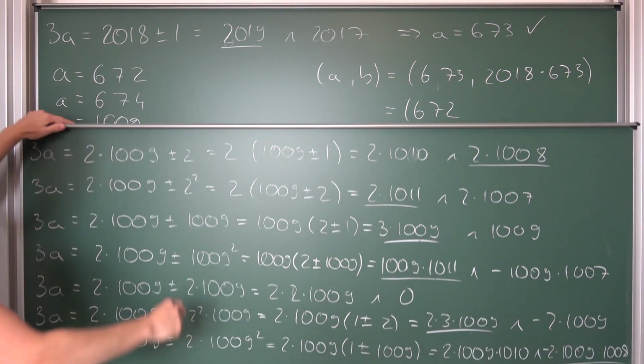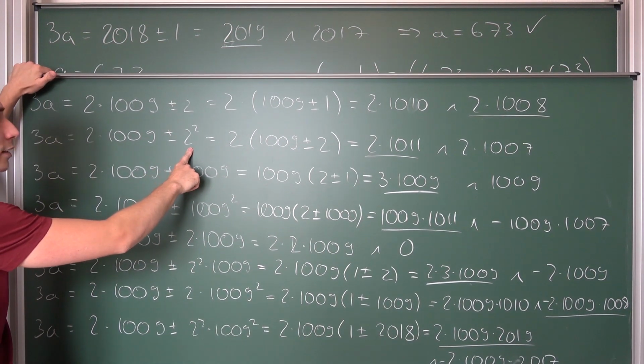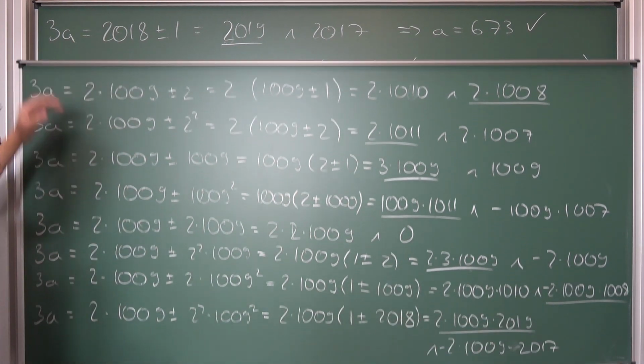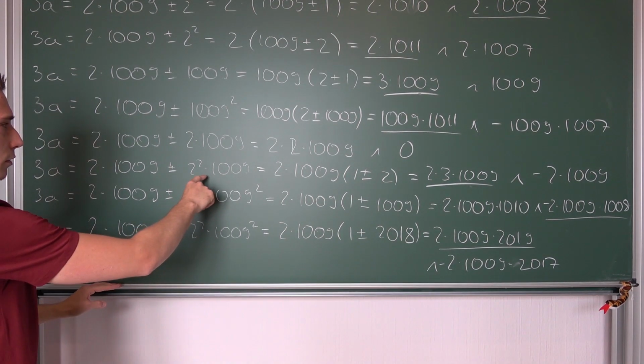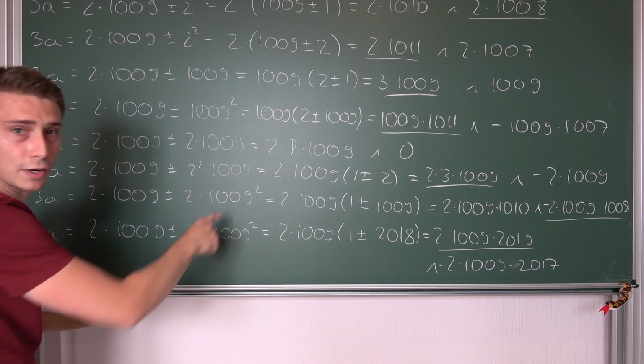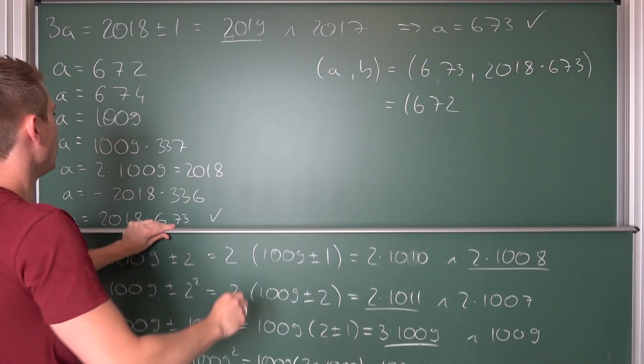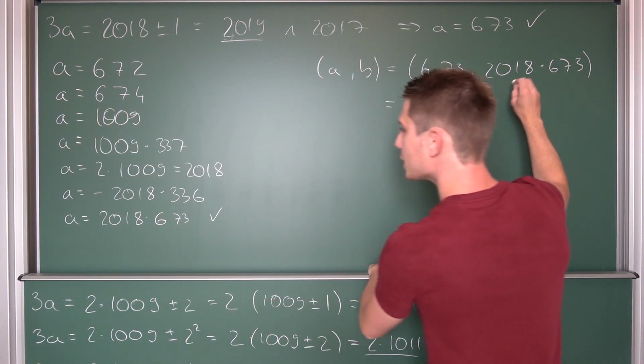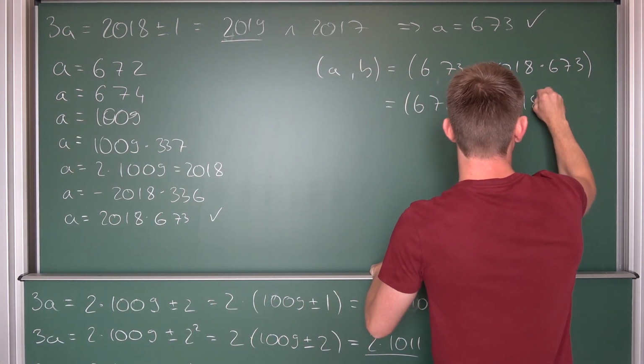This was the one corresponding to 2 squared. No, it was the one corresponding to 2 in our case. So what is missing is this one, 2 times 1009 squared. So overall, 2 times 1009 squared is this one. So negative 2018 times